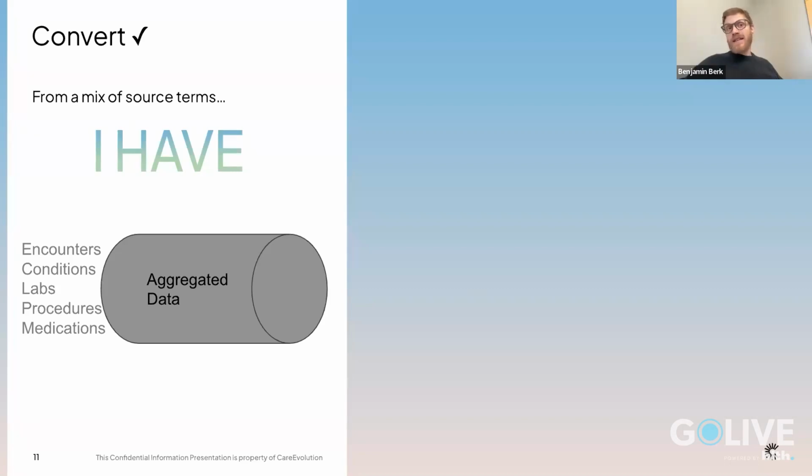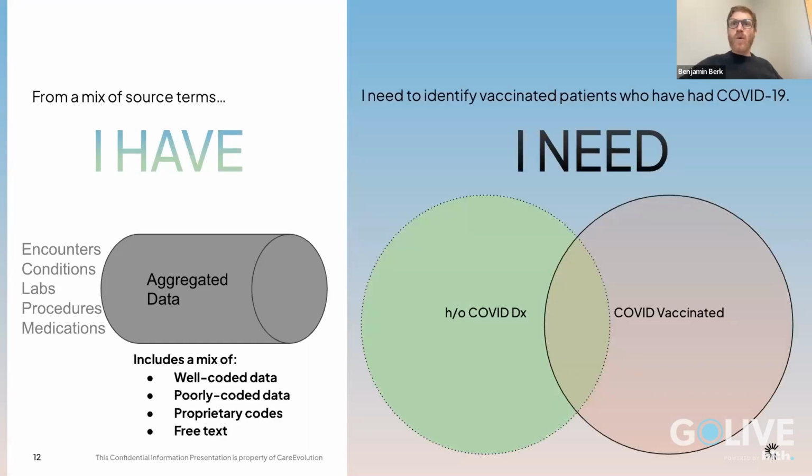Okay. That's exactly right. And the challenge, though, is even if we had a perfect system for converting, and let's say we've solved the conversion problem, so now we have encounters and conditions and labs and procedures. Well, to answer our clinical question, we need to go one level deeper, because in those conditions and labs and procedures, we still have a mix of well-coded data, which means data that has an ICD-10 code or a SNOMED code, right? From a reference terminology where we know what this thing means.